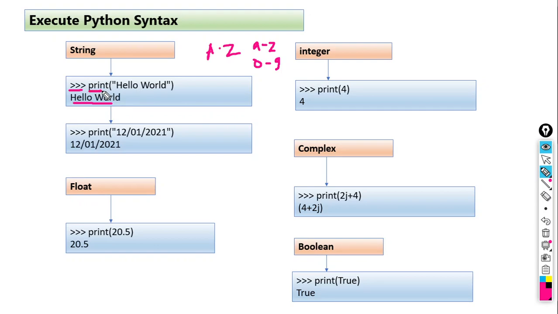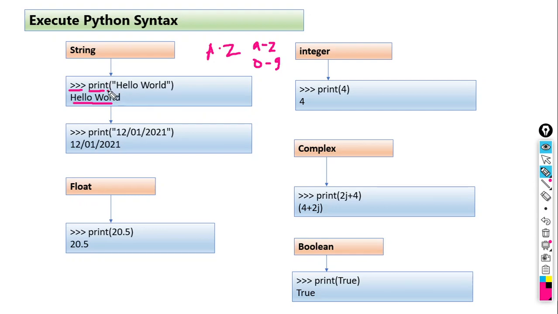What is the syntax behind this? print is the output statement provided by Python. You should write it in small letters because Python is case sensitive. Write print in small letters, and then whatever text you want to print, you should enclose that text within a pair of quotation marks.